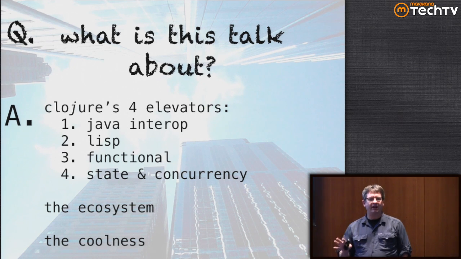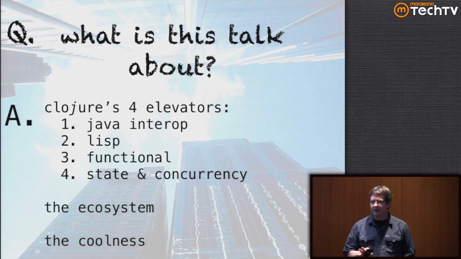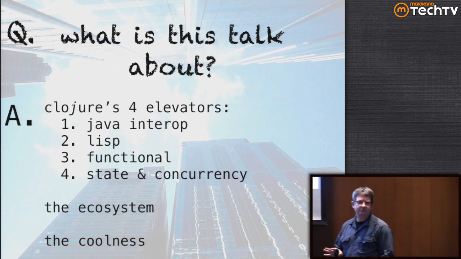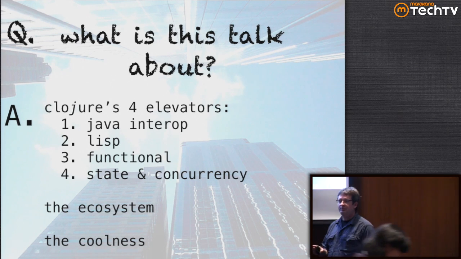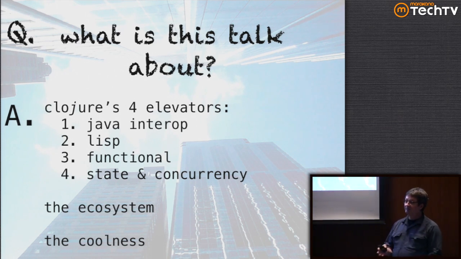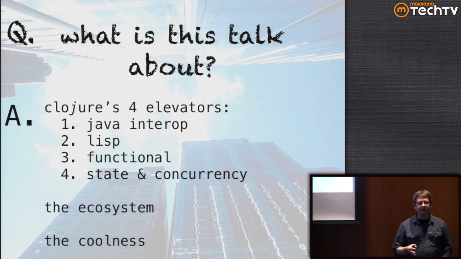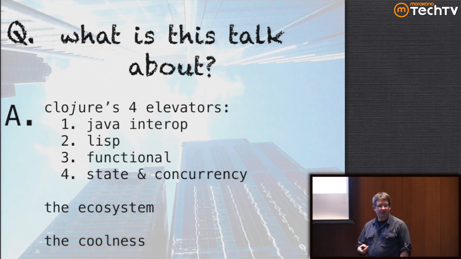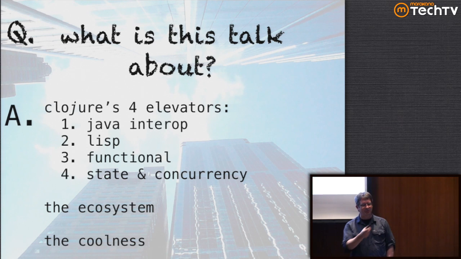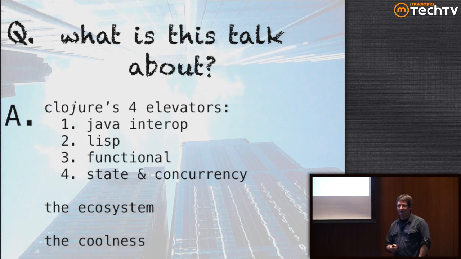There are lots of languages on the JVM now. Does anybody know how many languages on the JVM now? Just out of curiosity. Anybody? Anybody take a guess? I'll bet you're an order of magnitude off if you guess. 20. So they're more than 200. So I was right. You're more than an order of magnitude off. There are more than 200 languages on the JVM right now.